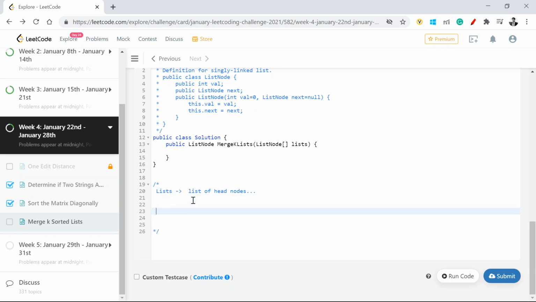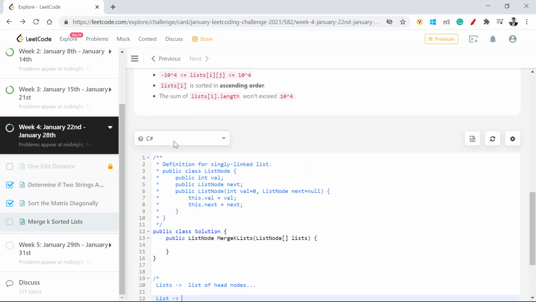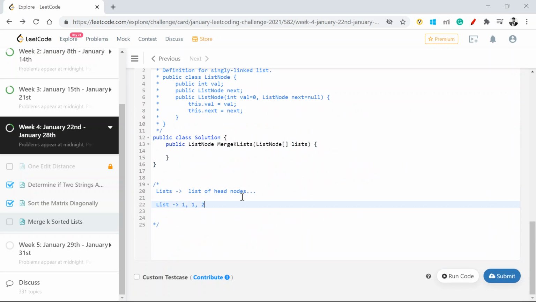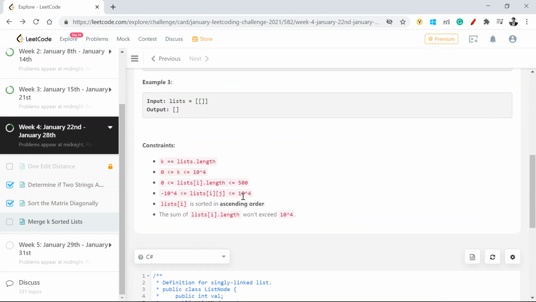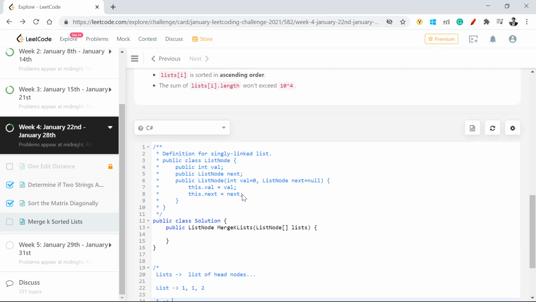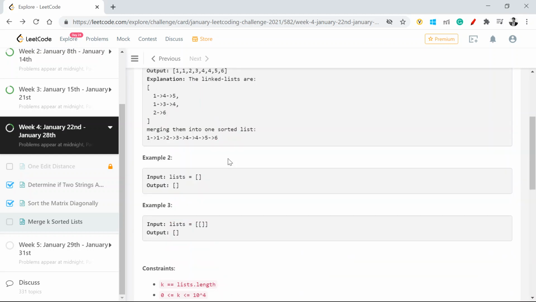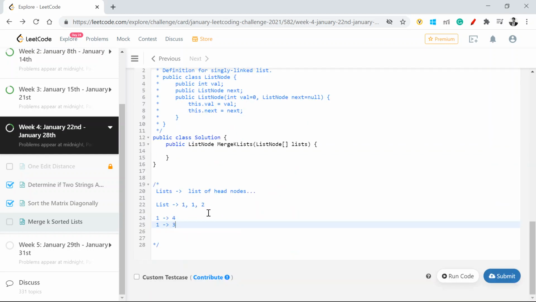If you understand this, then it becomes quite easier to formulate or picturize the problem statement, because what you have is a list which contains head values, which will be in this case 1, 1, 2, right? Once I'm working on one, I can do one dot next, because if I look at the next node, one dot next will give me 4, another one dot next will give me the other linked list value, which is 3 in this case, right?